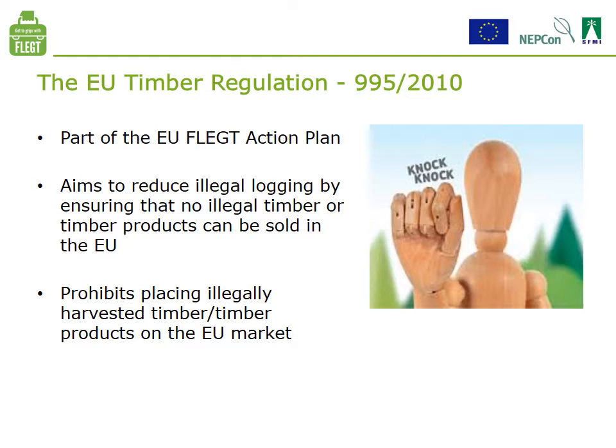The EU Timber Regulation aims to reduce illegal logging by ensuring that no illegal timber or timber products can be sold in the European Union. Furthermore, it aims at developing responsible trade practices and at educating suppliers and consumers on the EU market to take measures to ensure that timber has been extracted in compliance with the national legislation in the place of harvest. It is intended that this will help reduce deforestation worldwide and diminish its significant negative economic, environmental, and social impacts.